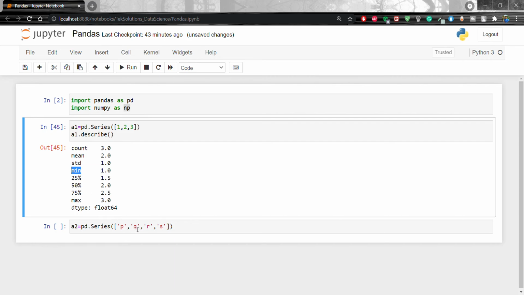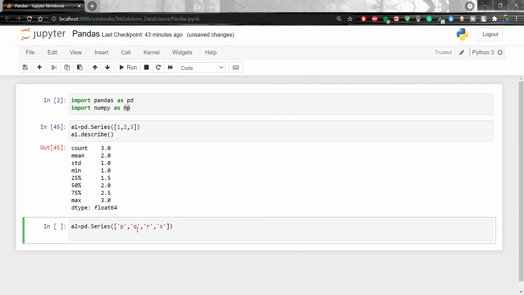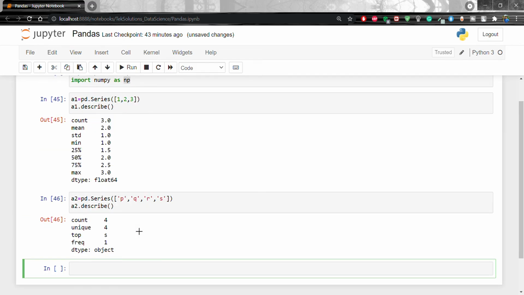So let's do print a2.describe. You will get count, unique, top and frequency. Shift enter. Count is 4, unique also 4. Top is p, and frequency, all are 1.